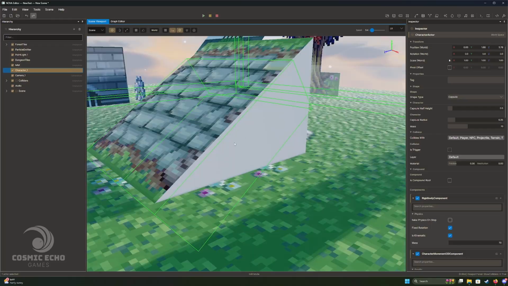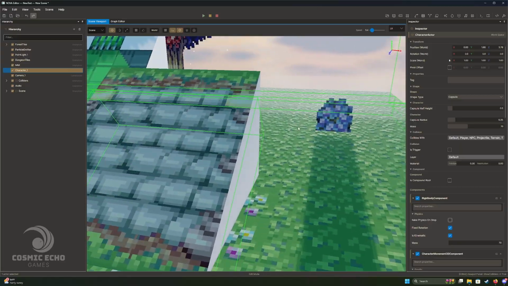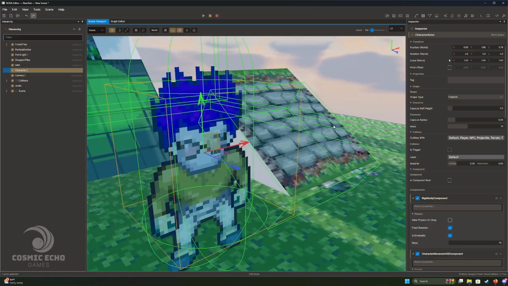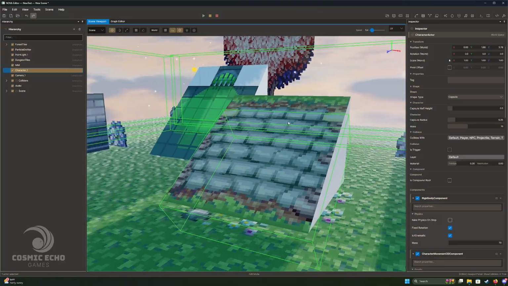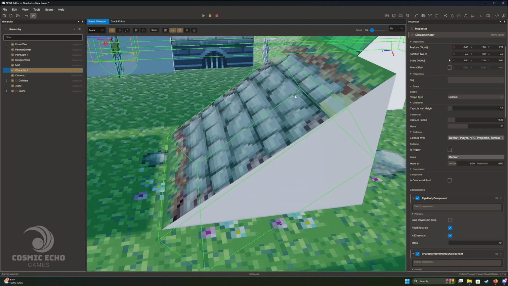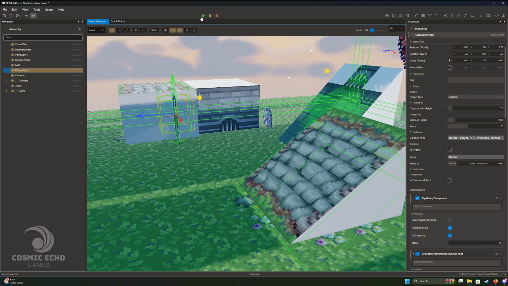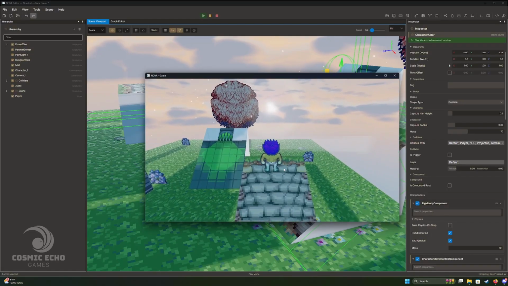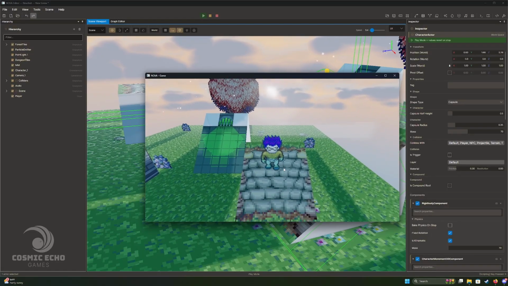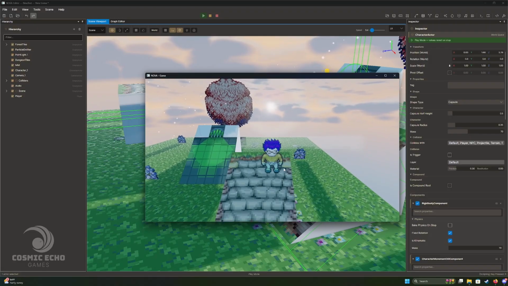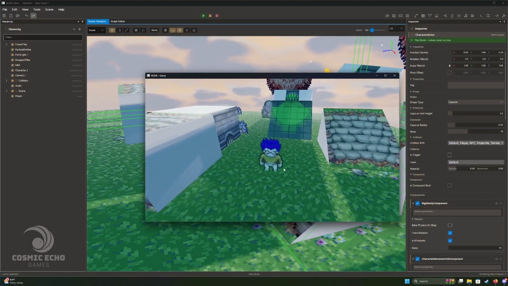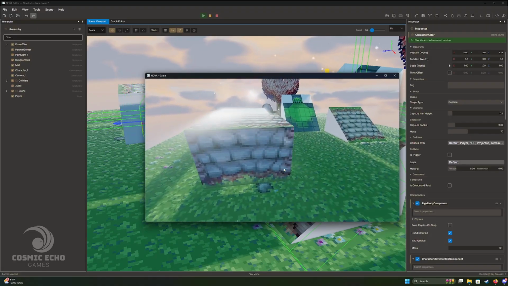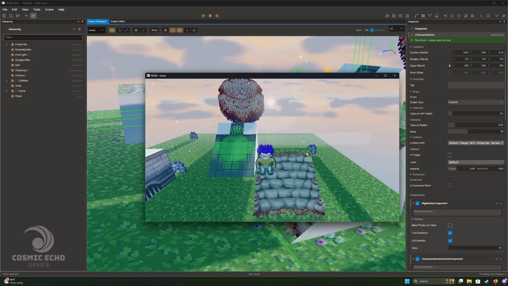And then over here, I put a box collider. It's kind of overlapping with all the other colliders in the scene, so it's hard to visualize, but you can see that there's a box collider right here on this wedge shape. So if I go back into play mode, I can walk right up this collider here, and the character walks up it. But yeah, by default, there is no collision on these brushes, and I don't think there needs